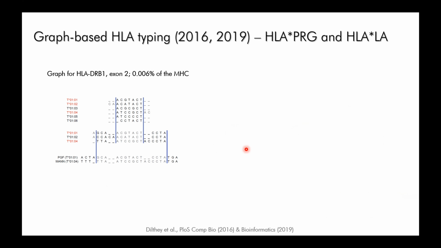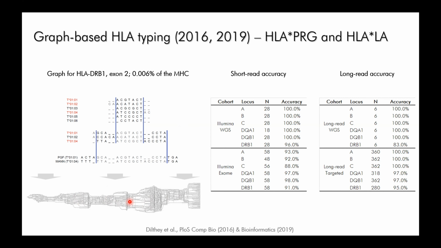We need special algorithms for that, which we've developed. And if you apply these algorithms, you then get these beautiful graph-like structures here, for example, representing one exon of HLA-DRB1. And using graph-based tools, you can then infer, for example, the genotypes of the classical HLA alleles with very high accuracy. What I'm showing you here is validation results for a tool called HLA-LA that was developed